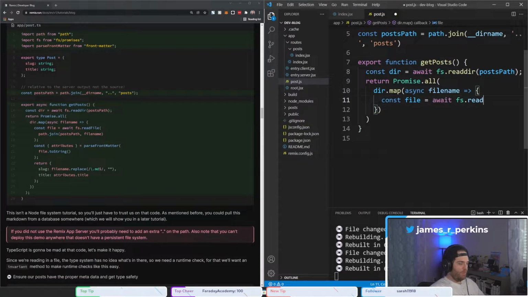So we're going to await the read file, and then we're going to path.join posts path, comma,